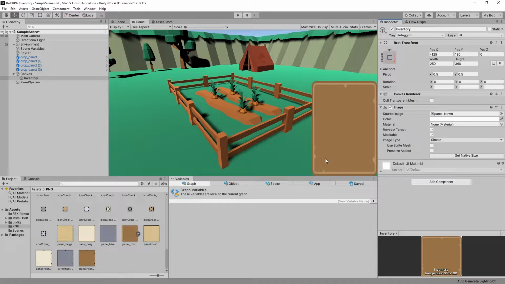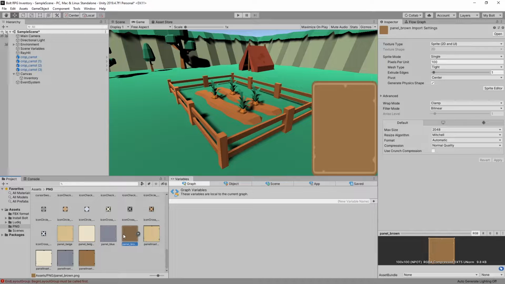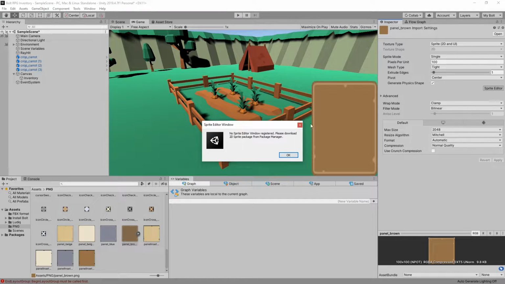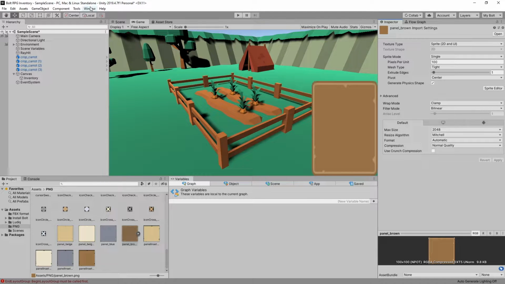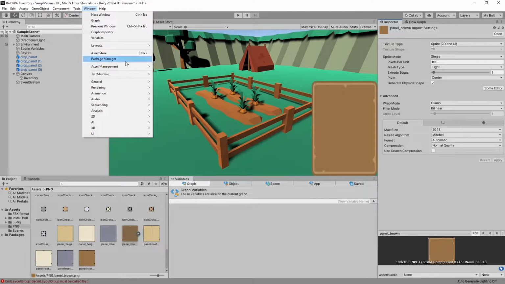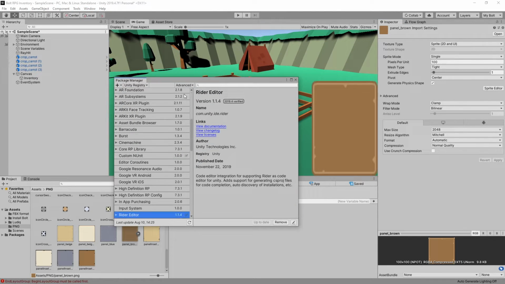To get it to be a little bit sharper than what we have here, you want to switch the image type from simple to sliced, and we get this message: this image does not have a border. We need to go to our image, and inside here we need to go to the sprite editor. But as soon as we go to the sprite editor, we get a message saying that the 2D sprite package is not added. So let's go ahead and add the 2D sprite package, and we can go to Window, Package Manager,